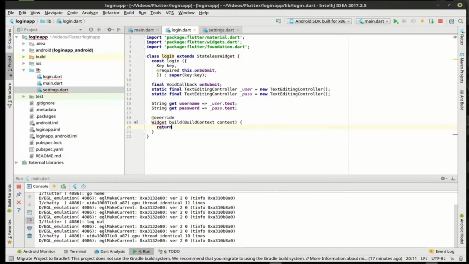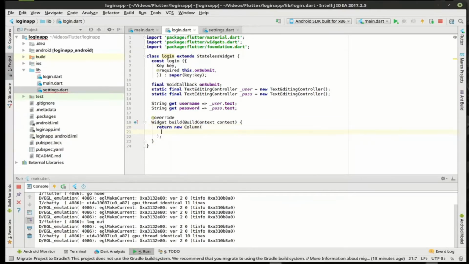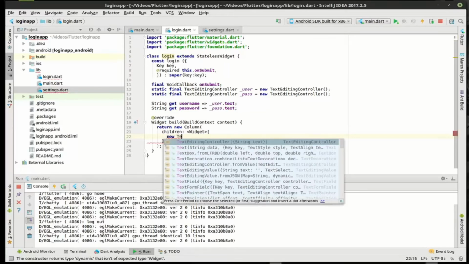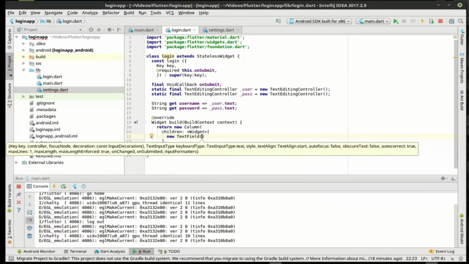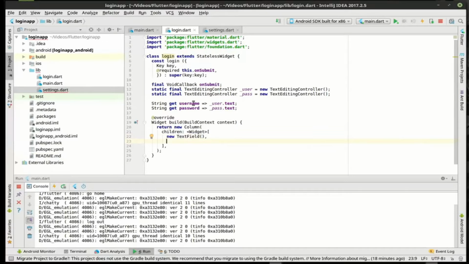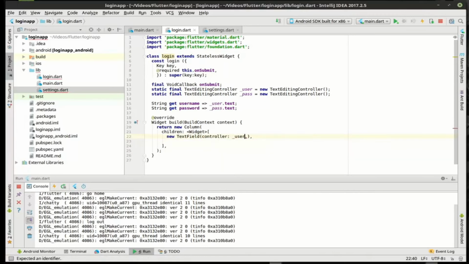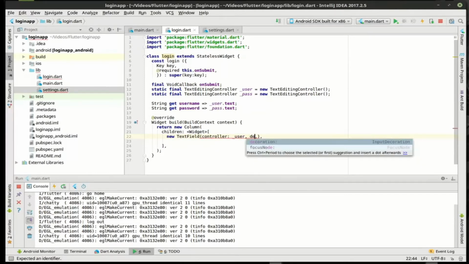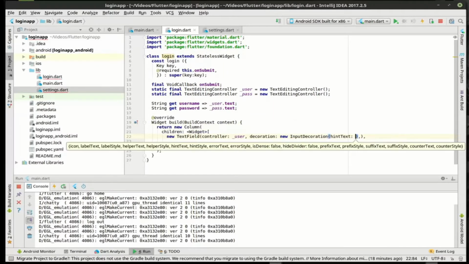So we're going to say return new Column. And we want an array here. So what we're going to add now is, you guessed it, new TextFields. And text fields are a little bit different than some other platforms out there. You've got to work with them a little differently. So we're going to add in the controller, and we're going to add in the username controller. And then we're going to say decoration equals new InputDecoration. And in here we're going to say hintText equals,